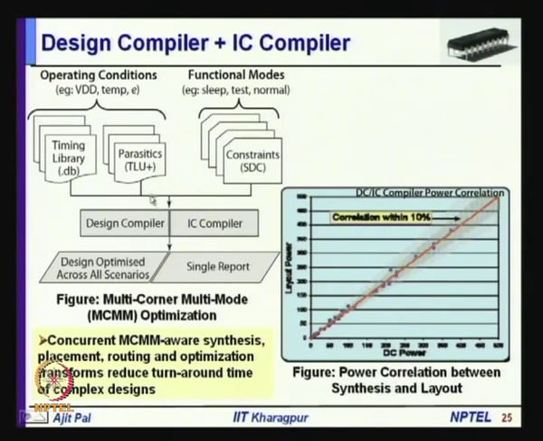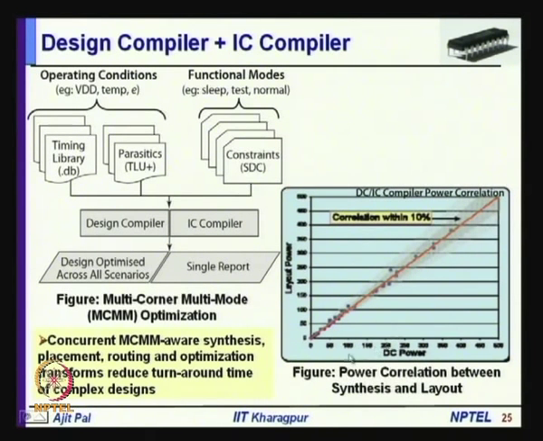I have mentioned that along with design compiler, you will be using IC compiler to do various optimization, placement, routing and all these optimizations. Essentially, it is a multi-corner, multi-mode optimization. So, concurrent MCMM aware synthesis, placement, routing and optimization transforms reduce turnaround time of complex designs. So, this multi-corner, multi-mode optimization will help you to get optimization, and also it will reduce the turnaround time of